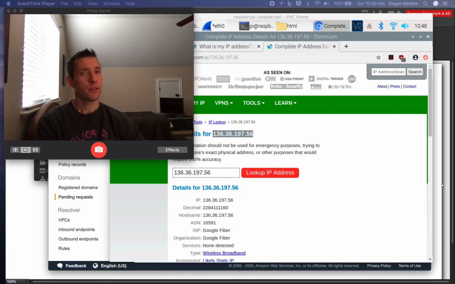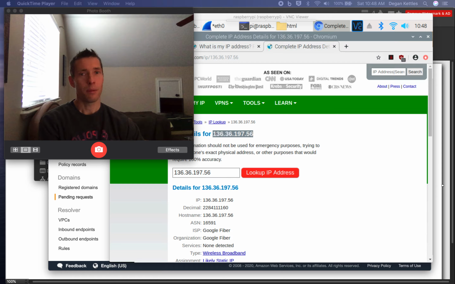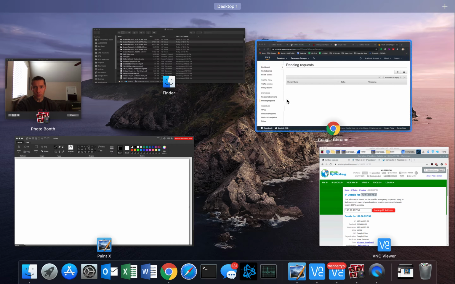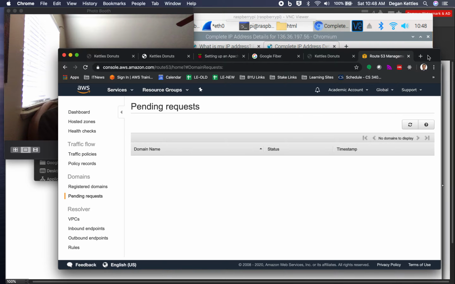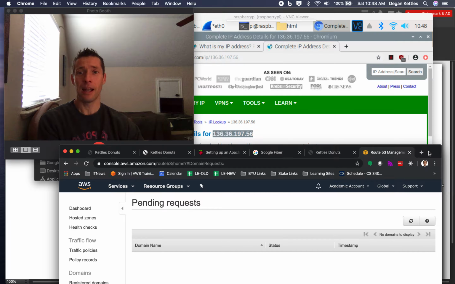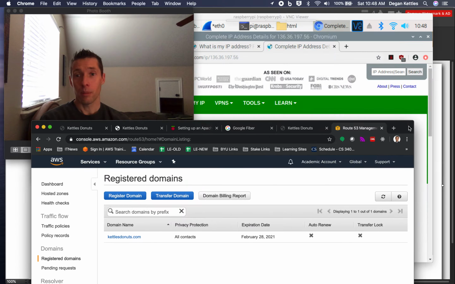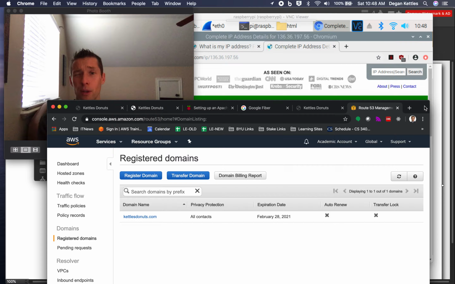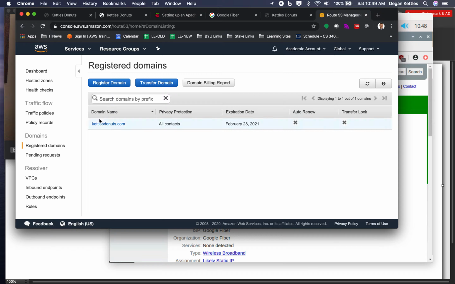All right, so I registered my domain at 10:18, and at 10:40, not too much later, I got a verification that my domain had been successfully registered. I was actually watching the pending request window, and it disappeared. I thought, oh no, I've been denied. This is awful. But then I went over to register domains, and it appeared. Okay, so I have a pretty good idea of what comes next now. So I'm going to go ahead and click on this,